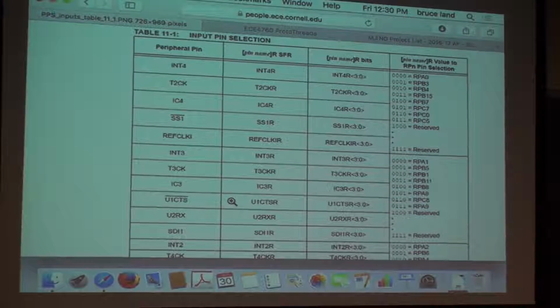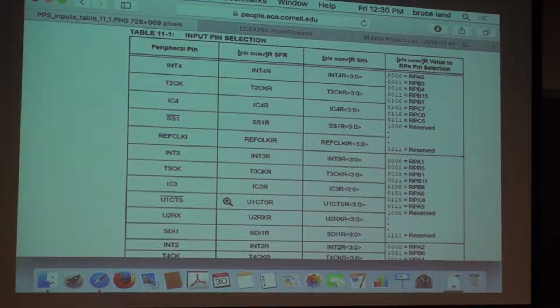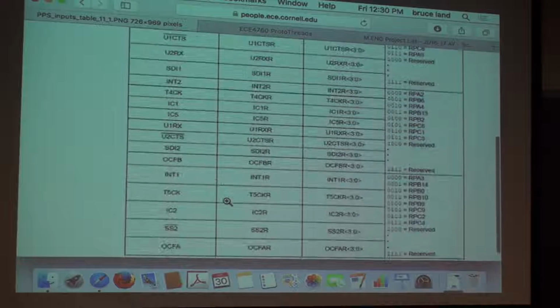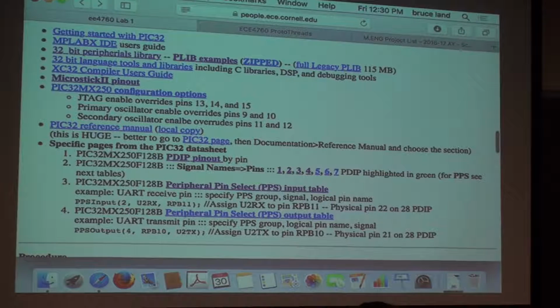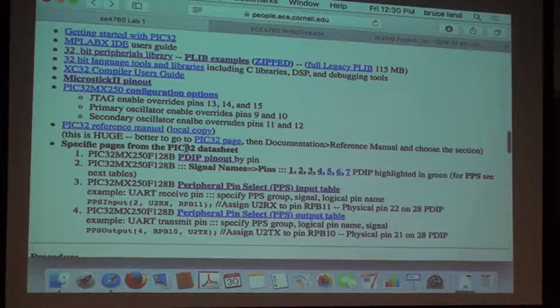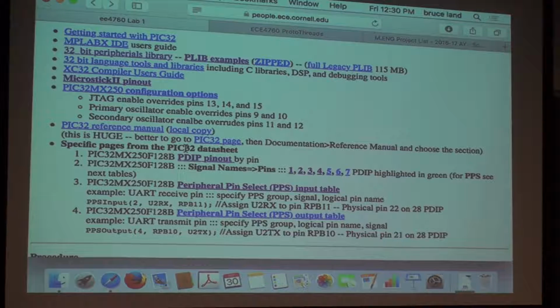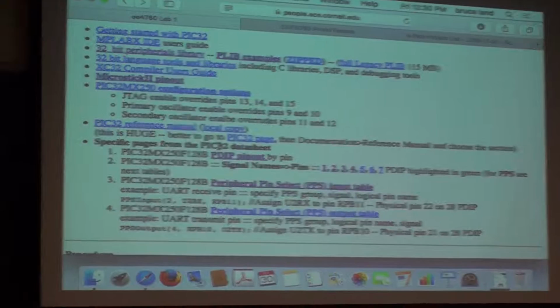So when you need to learn how to set up a T3 clock input, you're going to go to this table. So use these local tables here from lab 1 to make sure you know obsessively which pins are used for which functions. You try and toggle a pin, it doesn't work. Try and find out why by looking at this table.